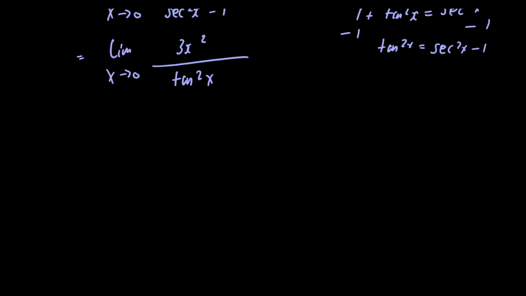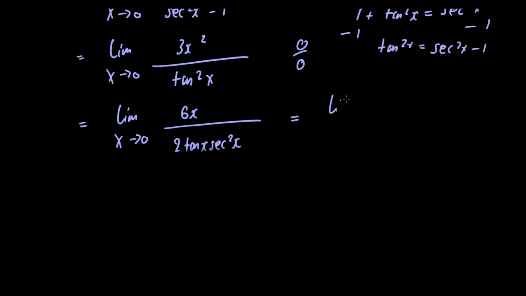Now notice that this limit is actually of indeterminate form 0 over 0 again. So we're going to have to apply L'Hopital's rule for a second time in order to evaluate it. So we're going to have the limit as x approaches 0 of 6x divided by 2 times tangent of x times secant squared of x. This is equal to the limit as x approaches 0 of 3x divided by tangent of x multiplied by secant squared of x. All we've done is just divide the 6 by 2 here,